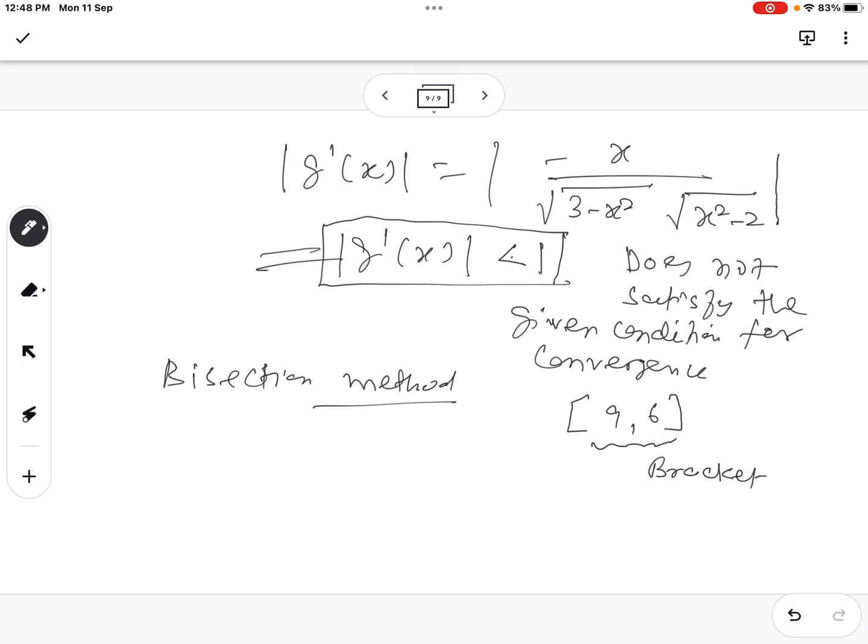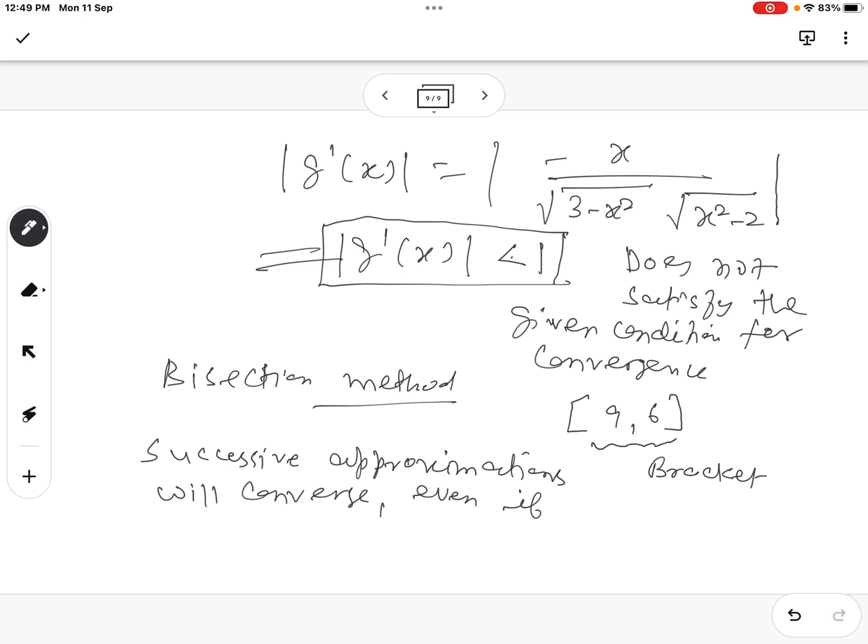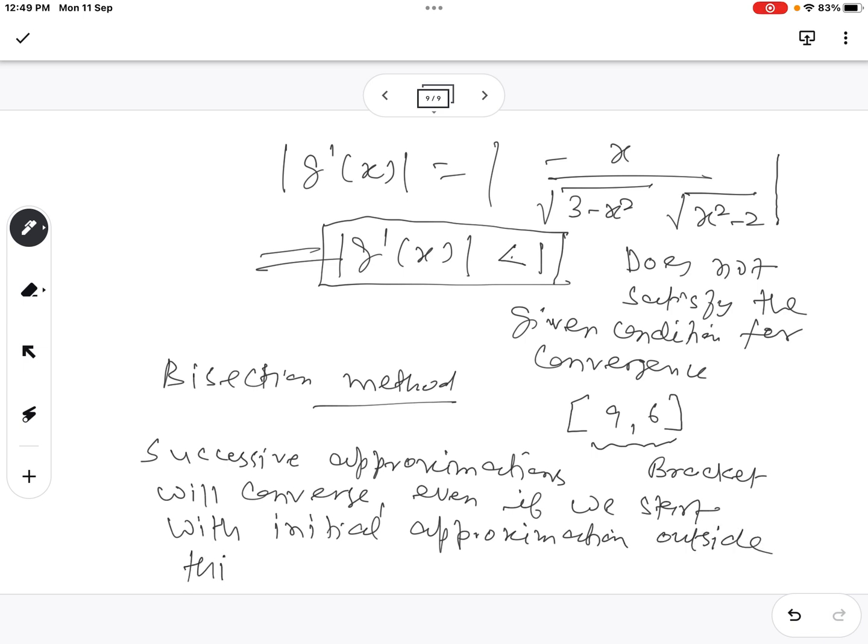However, in the case of the fixed point iteration method, the successive approximations will converge even if we start with an initial approximation outside this interval,